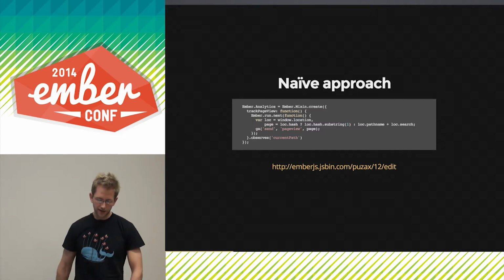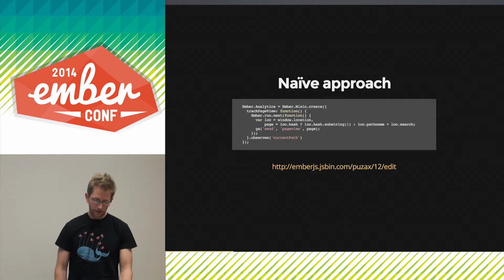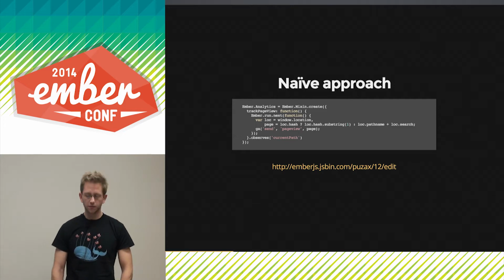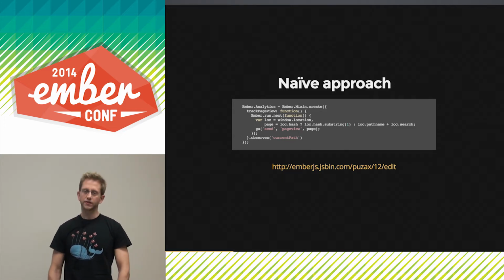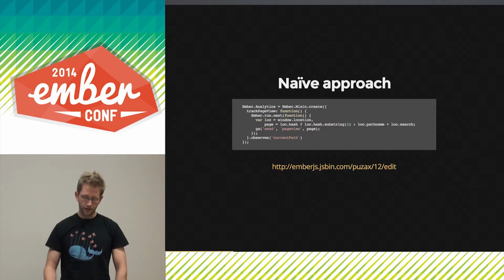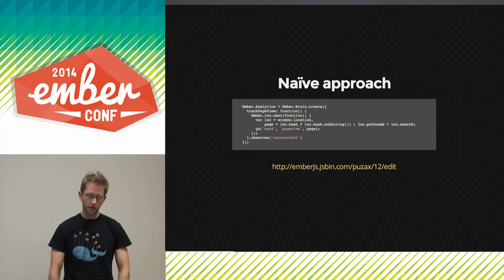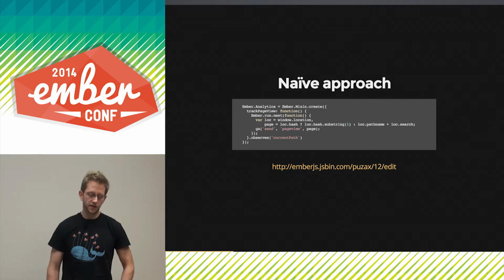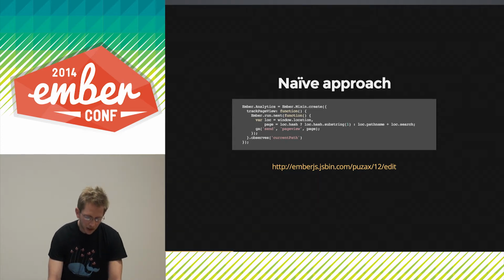You can see here on the slides one specific implementation where you're using a mix-in. So you might come into this and say, oh yeah, I can just do this. I'll throw an analytics namespace on the Ember global namespace, and I can have an observer on the current path in the application controller, and I'll be good to go, right? I'll have my run loop. I'll pull in a URL off window location, and I know when they're going to change to different routes. But this is actually not a really good approach because